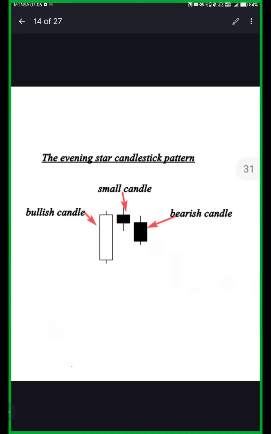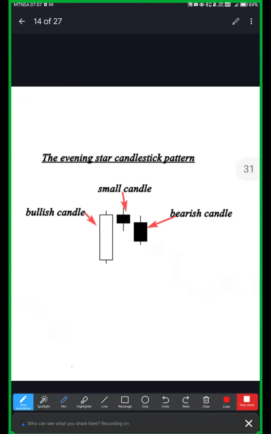In the market, when we are trading, there are moments whereby darkness may be experienced. The market may not be in your favor. So we are going to see the evening star candlestick pattern appearing, like what you are seeing on the screen here. I hope that I'm still here. So you can see when the morning star appeared, the market went high up. The trend of the market changed.